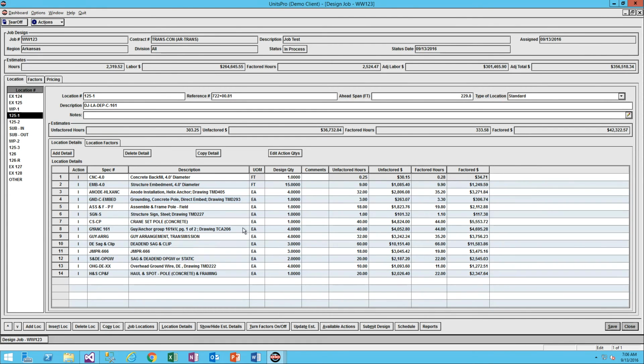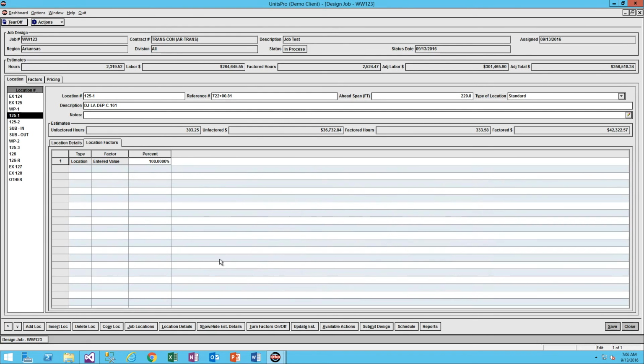Go back to this location, and going through this job, this location may be particularly problematic, and this one needs an additional 10% on it also. And we'll go ahead and update our estimate, and at that point that adds an additional 10% hours and dollars